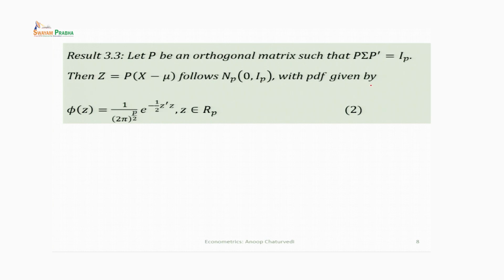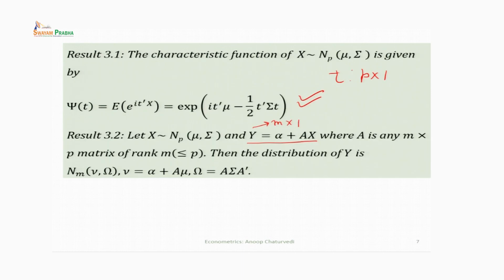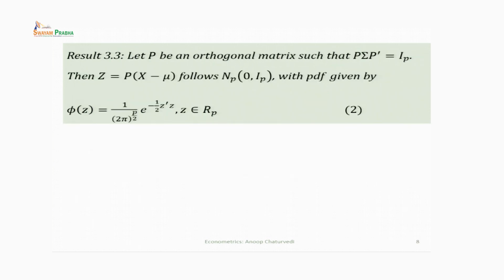and its PDF is of the form phi(z) equal to 1 upon (2 pi) to the power p by 2, e to the power minus half z transpose z. In fact, you can easily verify this result 3.3 using the result 3.2, because z is a linear transformation of x. So, the distribution of z is also a multivariate normal distribution, and its mean is, you simply take expectation